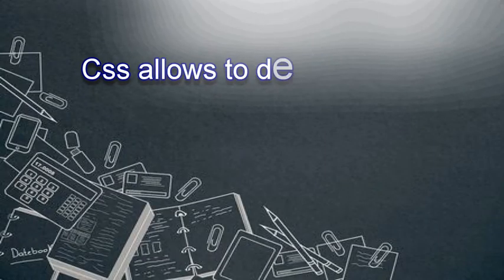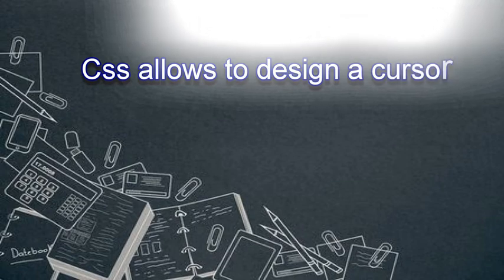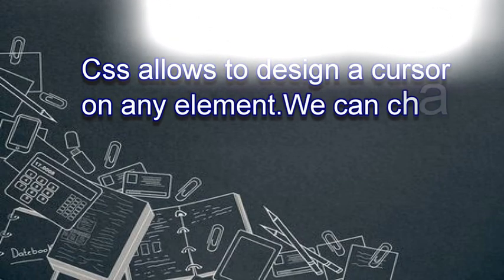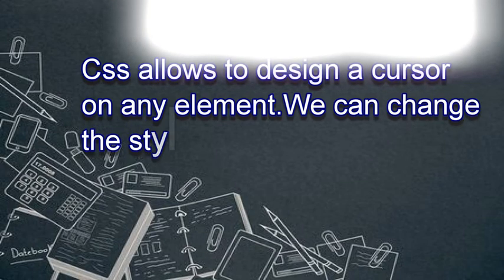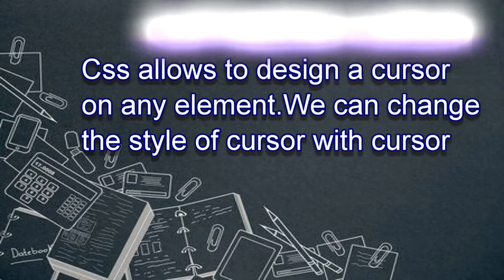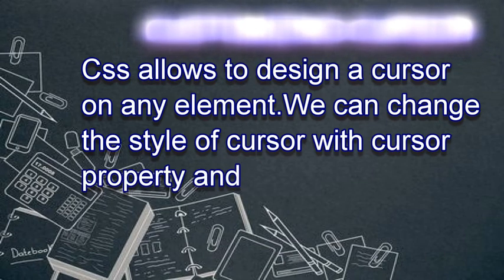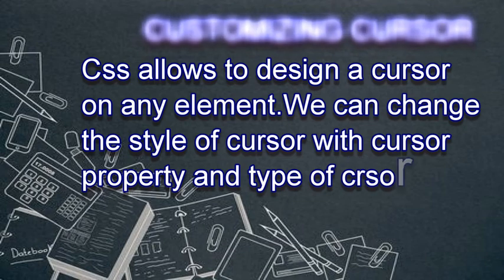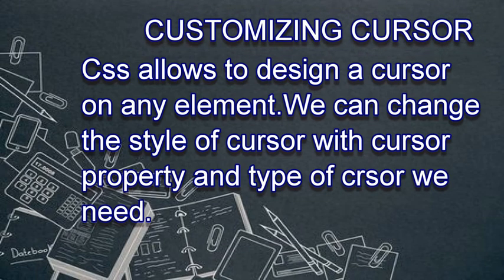Another thing we are going to use in CSS is the customizing of the mouse. When I talk about customizing the mouse, as you can see, whenever you visit a website or any page, there are different kinds of mouse pointers available. Sometimes it is a pointer symbol, sometimes a hand symbol, sometimes a plus symbol, crisscross, or sometimes a busy or waiting symbol. These are different kinds of mouse pointers that are used, and we can customize them according to our needs.